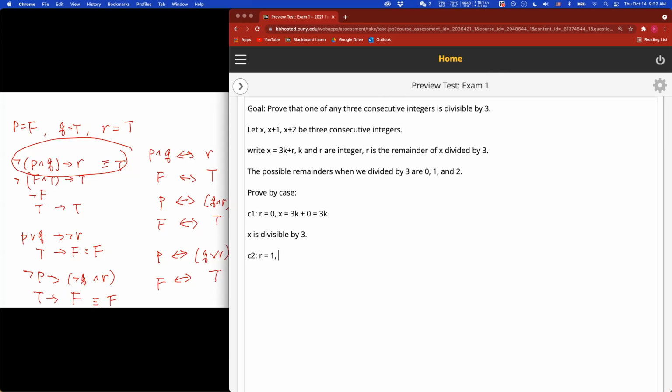When r equals 1, x is equal to 3k plus 1. Now if x equals 3k plus 1, then x plus 2 will equal 3k plus 1 plus 2. Right, since this is your x, x is equal to 3k plus 1. Now when you add 2 to it, you will get 3k plus 3, which gives you 3 times k plus 1. Now what does it tell you? x plus 2 is